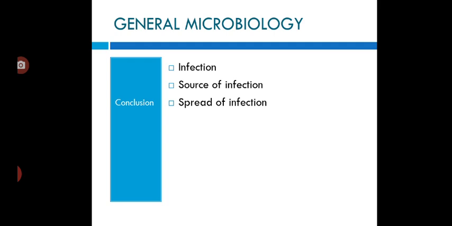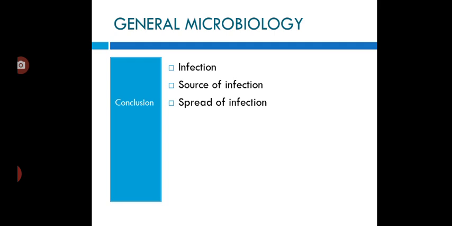Endogenous means, endo means inside, right? So an infection that occurs from inside the body itself, mainly from the normal flora or the organisms which are normally present on various parts of the body. When these organisms enter an area where they are not supposed to be, or enter an area which is sterile, then it will cause infection. And